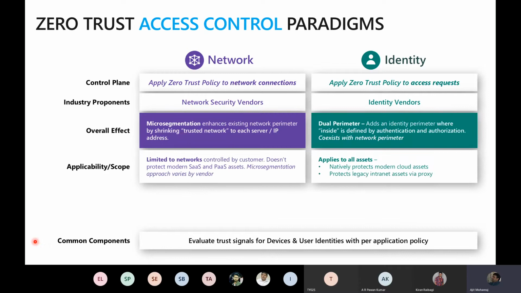If I look at how the network side of the house was doing it, it was doing it with microsegmentation, literally gating access almost down to an IP address of a server, right? Whereas on the identity side, it's not so much about gating it on a microsegmentation basis, it's about the identity, all right? Where inside is defined by authentication, authorization, context, a whole lot of stuff, right?